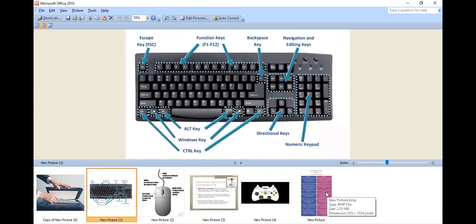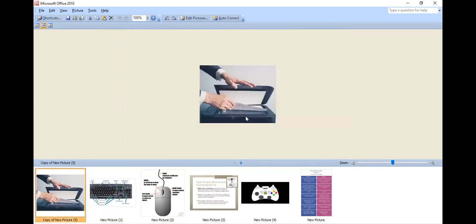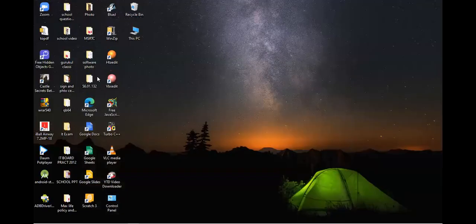Now the last part is called a scanner. A scanner is used to scan documents. You can see one man is scanning his own documents. This scanning is also called an input device, because this man is inputting a document. You see the man inputting a document, that is why we call it an input device. So after scanning these documents, you can see the image of those documents. Okay, like this. You see, I have scanned some documents.